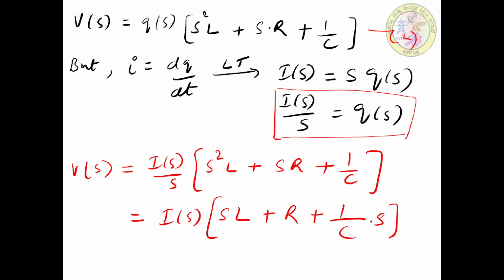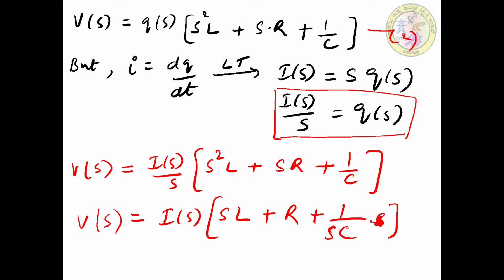just a minute, this is 1 by s. Okay, so 1 by s into c, so this term is 1 by s into c, it is not into s. By multiplying I of s by s into 1 by c, we are going to get 1 by s into c. So I of s is taken as a common factor. Now we are seeing that the current term I of s has been introduced. Now we have to take inverse Laplace transform, so that we are going to get the time domain. The equation is converted into a time domain, and using that we can write a circuit diagram.